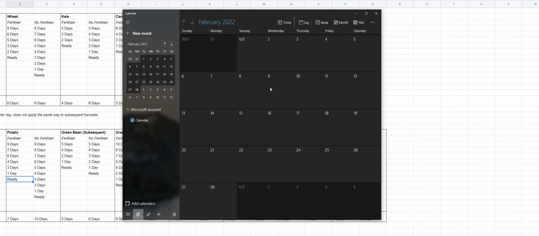And then 2, 2, 3, 4, 5, 6, 7. That's 2. And then 3, 2, 3, 4, 5, 6, 7. That's 3. And then 4, 2, 3, 4, 5, 6, 7. And then that's 4. With fertilizer, in one season, you can get 4 harvests with potatoes if you start from